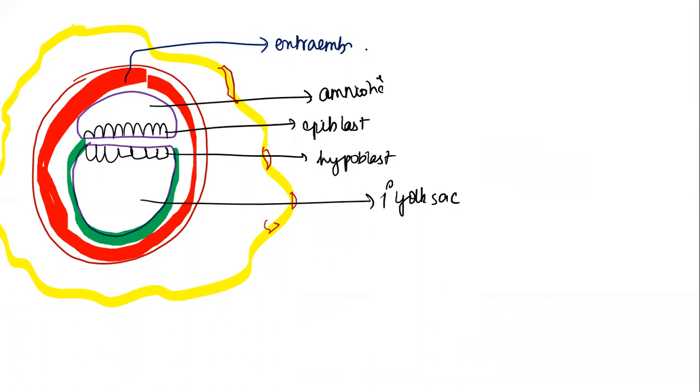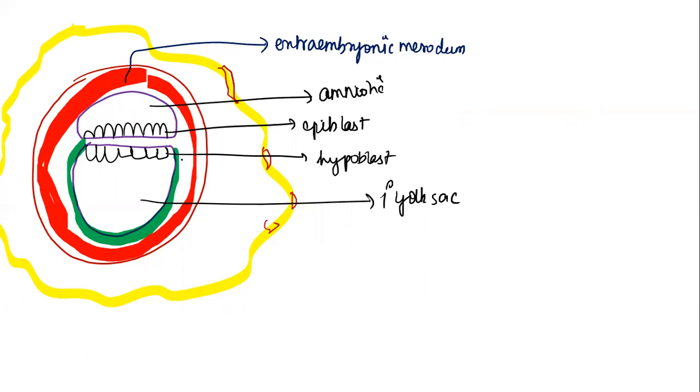So what happens? In between the cytotrophoblast and the embryo, there develops a group of cells called extra-embryonic mesodermal cells. To be more precise, these cells are going to organize between the cytotrophoblast and the primitive yolk sac. So basically, in between the cytotrophoblast and the primitive yolk sac, there appears a group of cells called